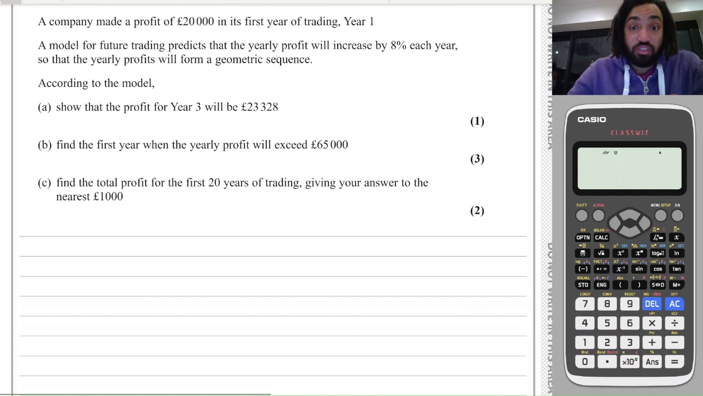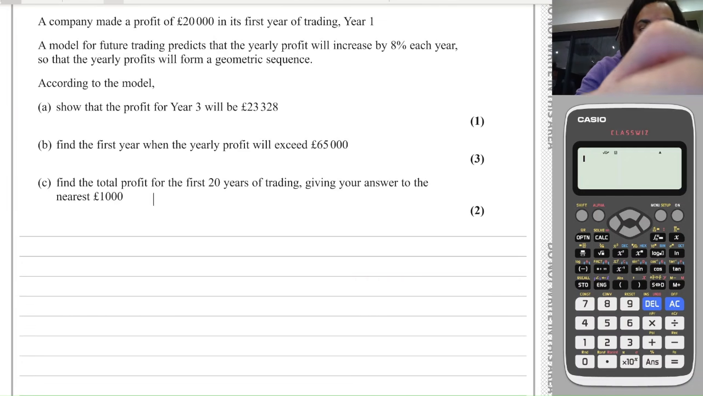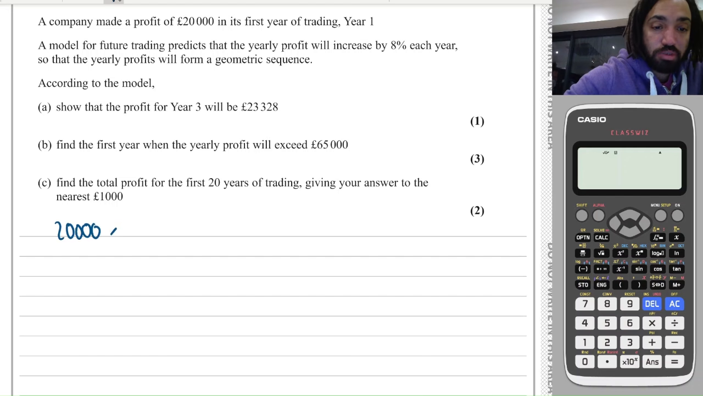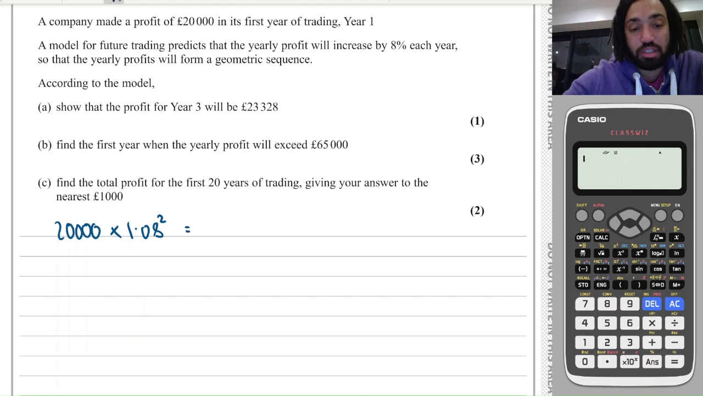Question 5. We have some sort of compound interest going on here. So it says the third year. So the first year you have 20,000, and then the second year you need to multiply that by 8% increase, and then the third year you do that again. So it's multiplying by 1.08 squared. And that's going to give you 23328